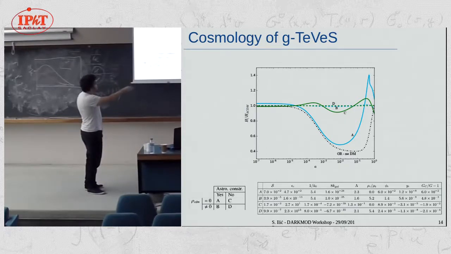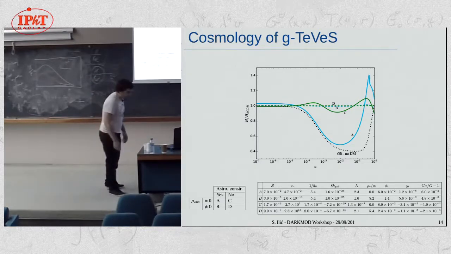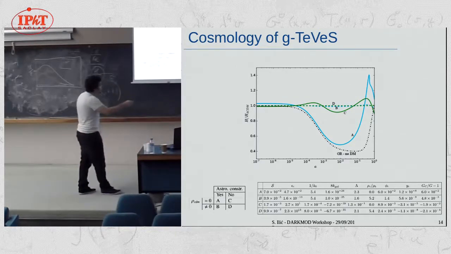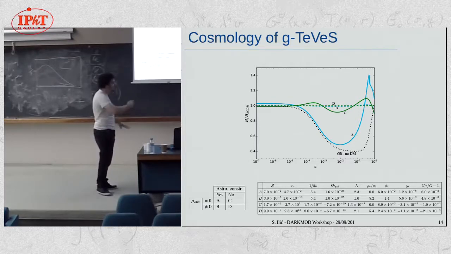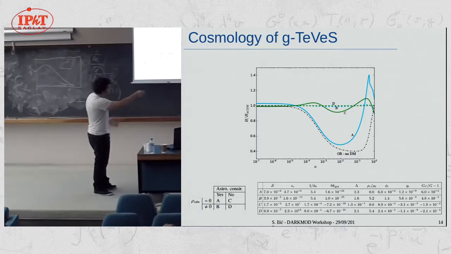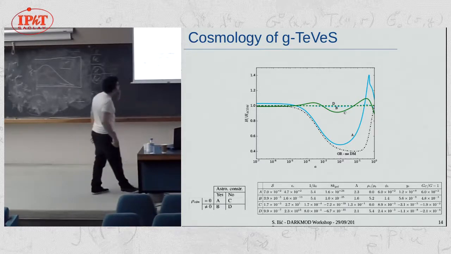In this plot here, you have the best fit for all the 4 cases, and what is shown is the ratio of the H(a) from TeVeS divided by the reference H from lambda CDM. It's decently close, especially you might want to concentrate on A and C because they really do not have any CDM component. You see that they fare much better than GR with no dark matter, but still quite a bit of difference. But it's not completely crazy values.